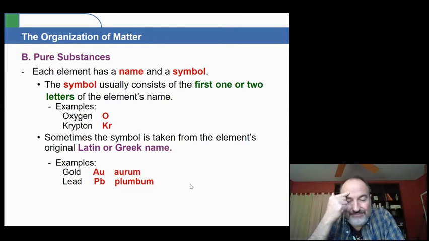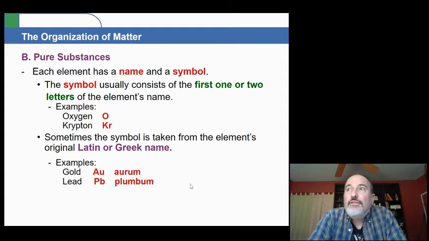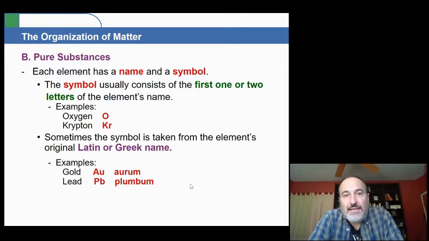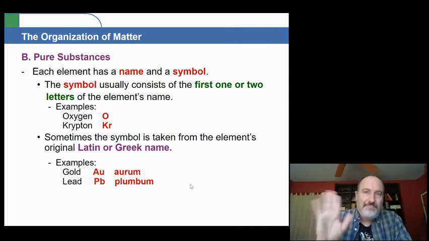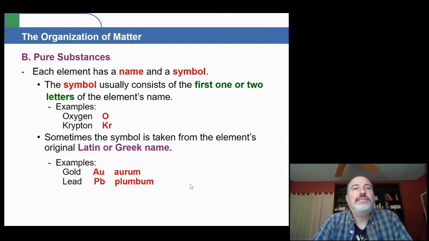Oh, and the gold symbol reminds me of a very bad chemistry joke. I'm going to be telling you guys lots of very bad chemistry jokes throughout the year. But this one is a gold atom walks into a bar, and the bartender looks at it and says, "Hey, you, get out of here. We don't serve your kind." But get it? Anyway, so as I said, really bad chemistry jokes.